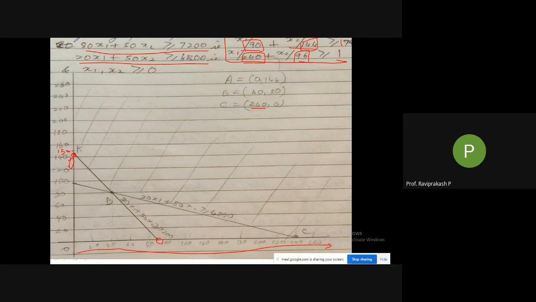So coming to the second one, 240 comma 96. So 240, in the x-axis it is 240. So this 240 is here. I'll mark. Then second one is 96. So it is here, 96. So just below 100. 100 is here, 96 will be somewhere here, 4 points lesser than 100. So draw a line. Then again write the equation. 20x1 plus 50x2 greater than or equal to 4800. So this is my second equation.